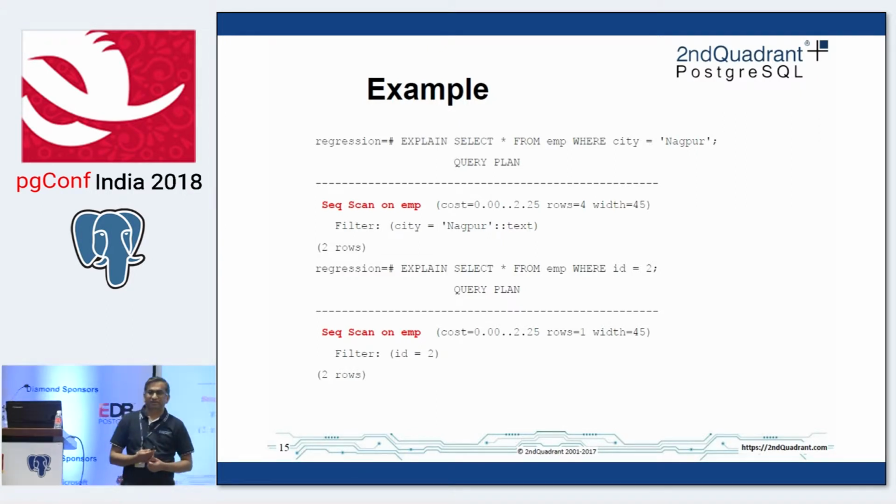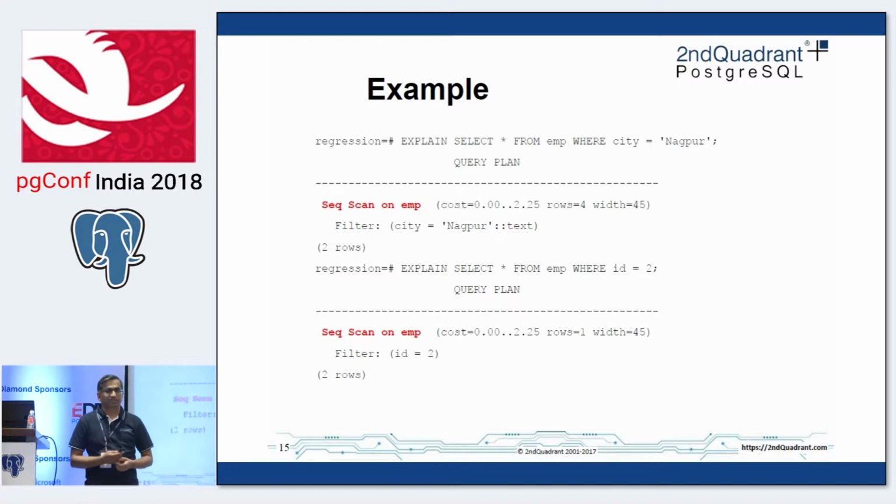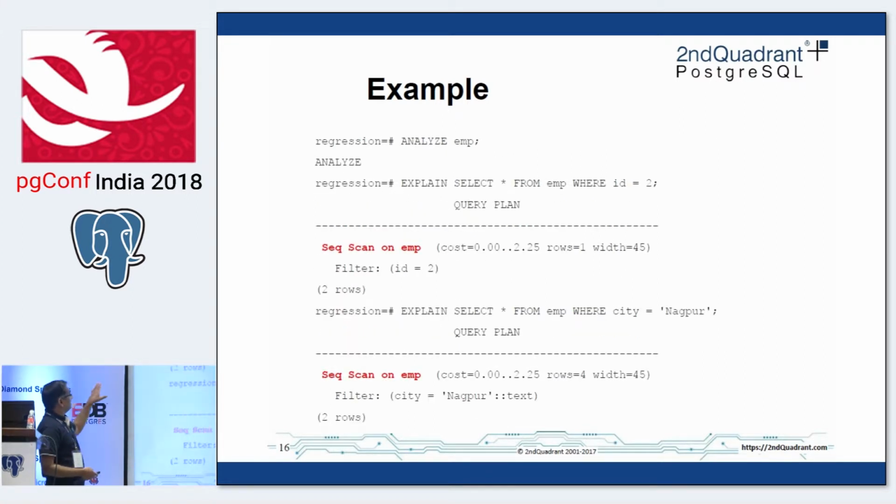Not really, because the planner doesn't really know how many blocks are cached. It has some idea, but that's not the main reason. Exactly right. So what we are missing is we built an index, but we didn't update the planner's information about the statistics. If you do ANALYZE on the EMP table, what it does